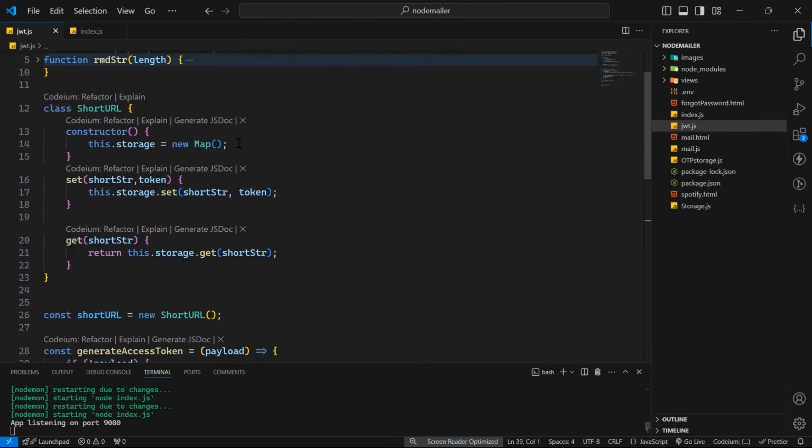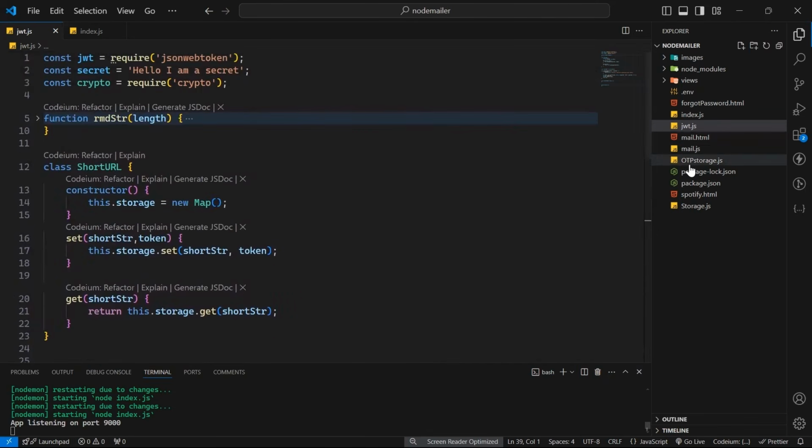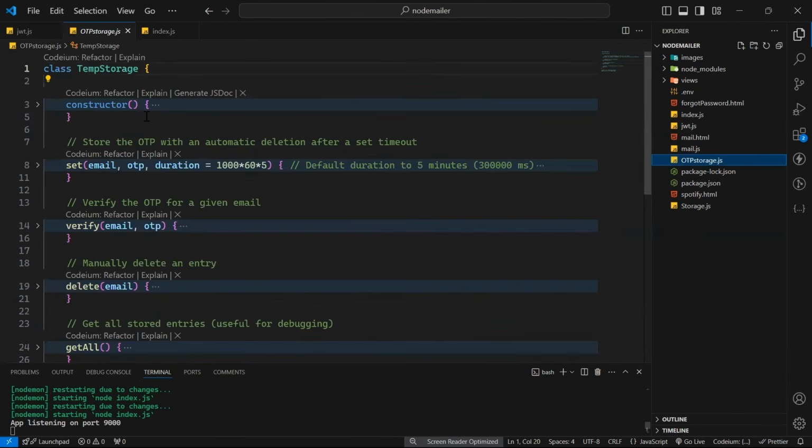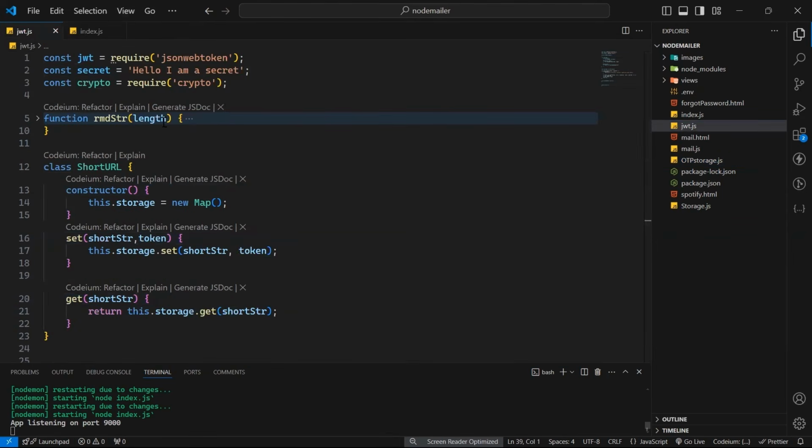बेसिकली मैंने शॉर्ट URL करके एक क्लास बनाया हुआ है, जो कि मुझे एक ID रिटर्न करेगा और इस टोकन को अपने अंदर स्टोर कर लेगा। अगर आप लोगों को लास्ट टाइम याद है, मैंने OTP स्टोरेज करके एक क्लास बनाया हुआ था, ठीक है, जो कि इसी तरह का कुछ काम कर रहा था, OTP स्टोर कर रहा था और ईमेल स्टोर कर रहा था, इस टाइप का, ठीक है। बट वही है, अगर आप लोगों ने लास्ट वीडियो देखा है तो, सेम ही है उसी टाइप का।